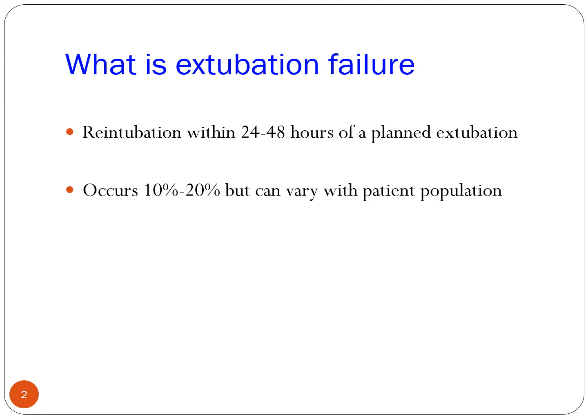So what exactly is extubation failure? Extubation failure can be defined as reintubation within 24 to 48 hours of a planned extubation. It typically occurs in anywhere from 10 to 20%, but can vary with a patient's population. In most cases, patients who come off mechanical ventilation have weakened diaphragms. They can also have retained secretions. They could also be neurologically impaired, so they're not really doing a great job of supporting their ventilation. So there are a bunch of different reasons why we have extubation failure.